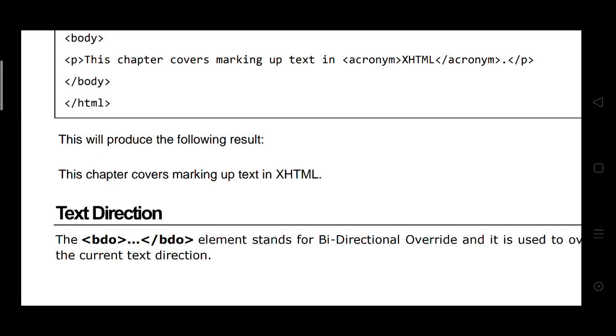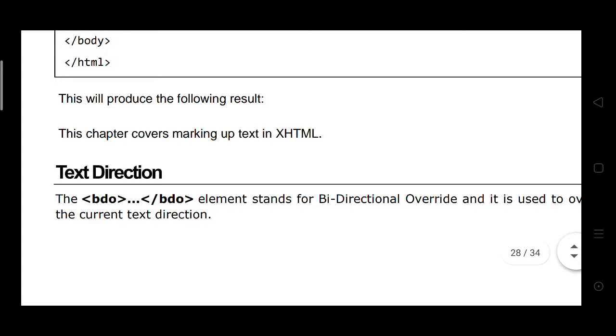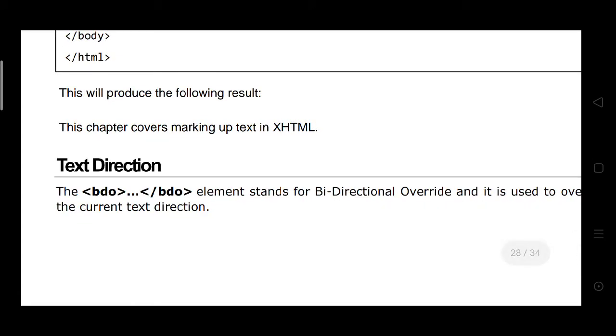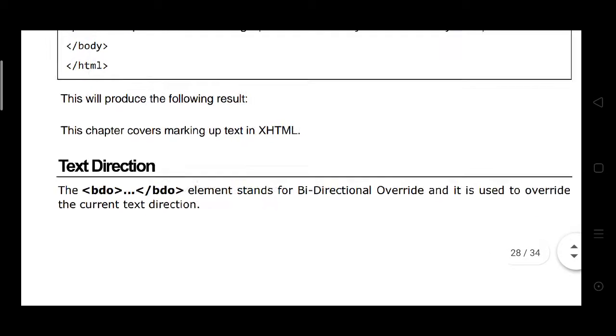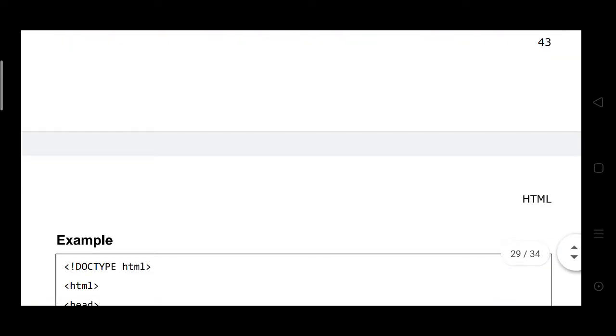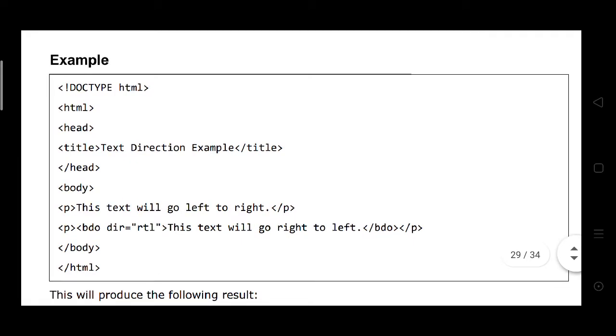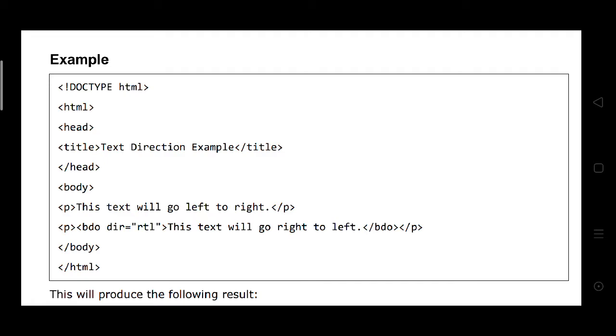Next one is text direction. The BDO element stands for bi-directional override and is used to override the current text direction. Example for this: doctype HTML, title text direction example, body. This text will go left to right.